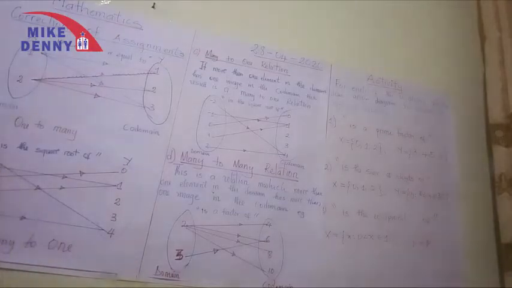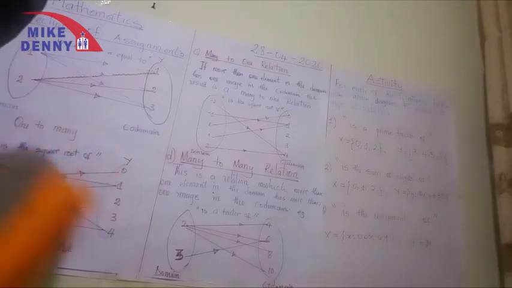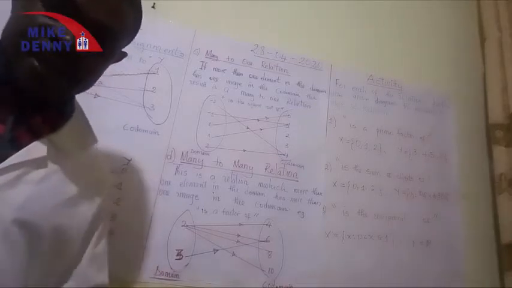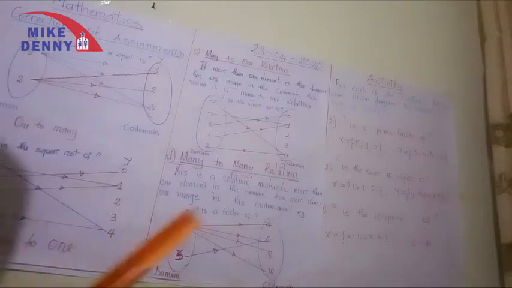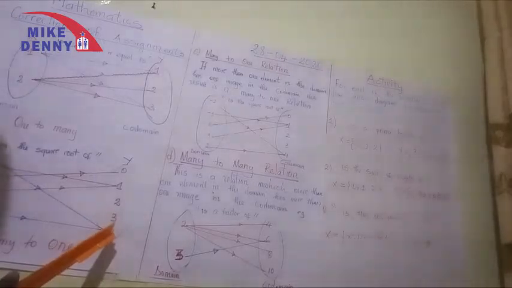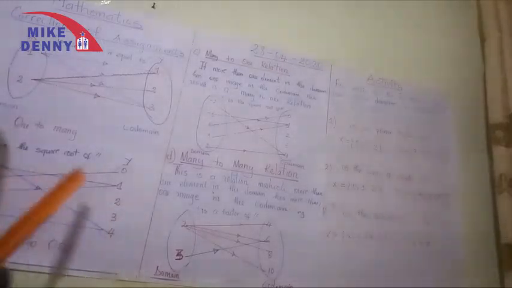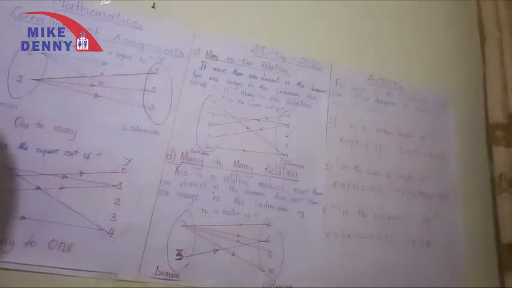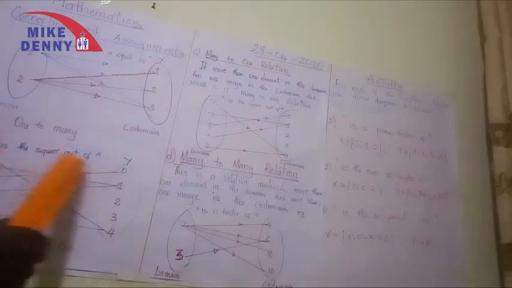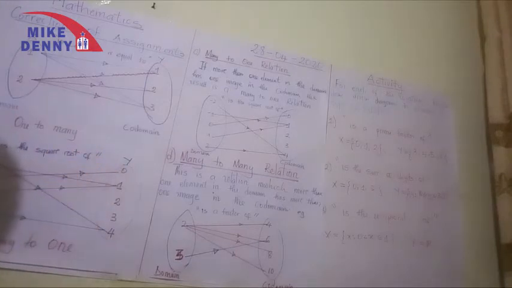So when I draw my oval shapes, I fit in the elements of the domain and the codomain. Now that I have my elements of the domain and the codomain, I'm going to link them up. We are talking about "is a square root of," so negative 2 and 2 are square roots of 4. I link it. Negative 1 and 1 are square roots of 1. And 0 is also the square root of 0. That ends it. The type of relation is many to one.